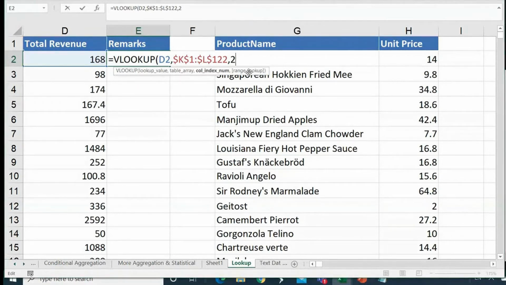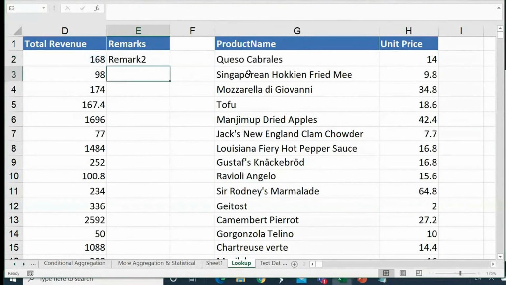Last parameter can be 0 or 1, correct? 0 stands for exact, 1 stands for approximate. If you want approximate, either write 1 or don't write anything. If you don't write anything, what does it take? Can you answer me quickly? I want to check whether people are here, because at the end of the day, in the evenings, normally we are a little dull, but I want my entire team to be very active. Come on, what is the last parameter if I don't put it? Right, so this will take approximate. So I can either write 1 or I can just close directly for this requirement.